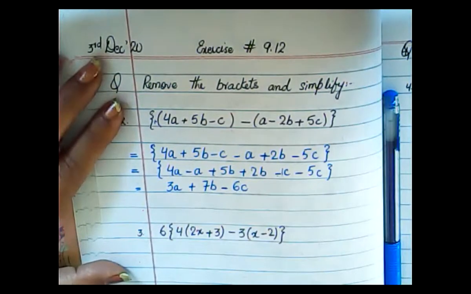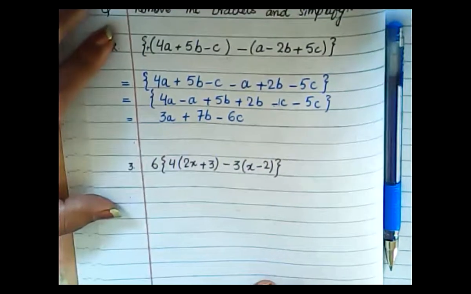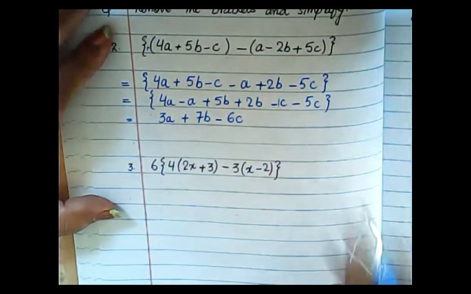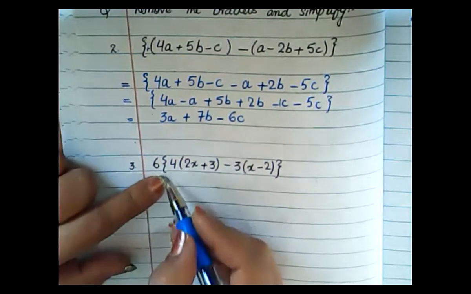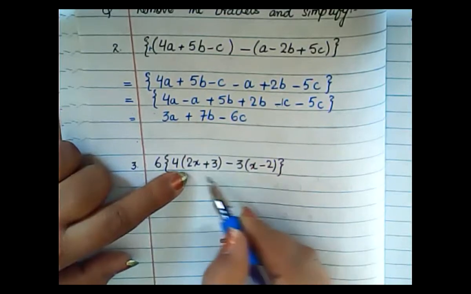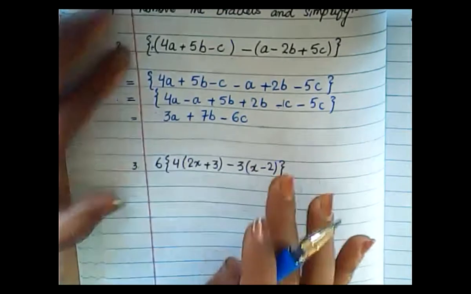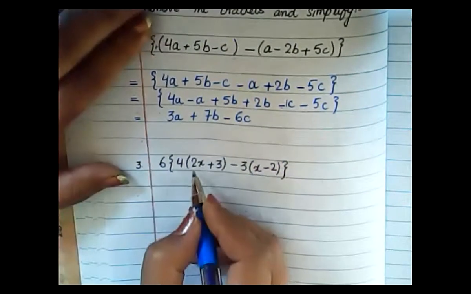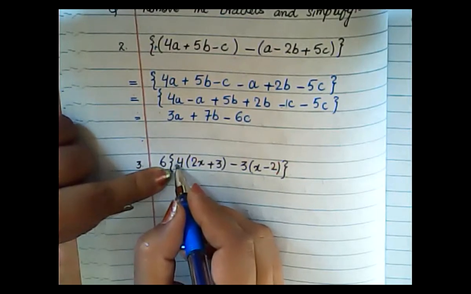Yes, very good. Now look at here. Now move on to this question. Yes, Warda Khan, your answer is right. Now look at here, how many brackets are here? This curly bracket and this round bracket. So first we are going to solve this round bracket. Before this bracket you have 4, and this is basically plus 4.